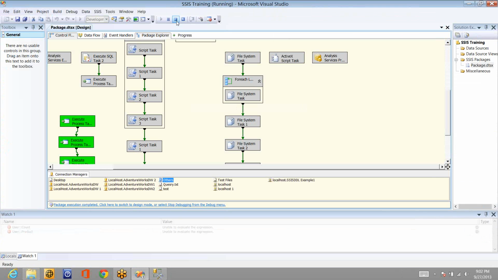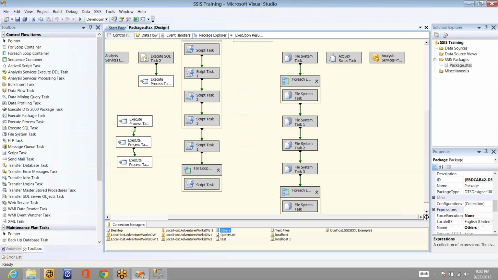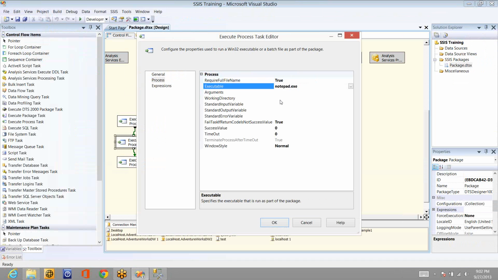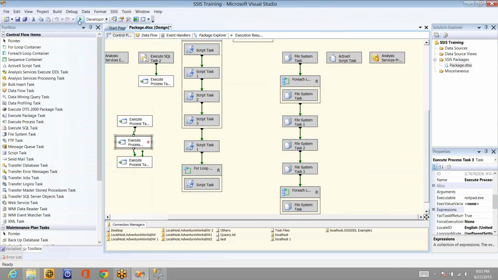What is the case if one of the tasks fails? Let's say I'm intentionally giving a wrong value here, not pad, which is not available. So it's not an exe file that is available. So if I execute it,